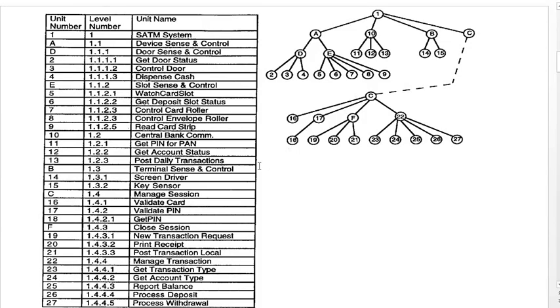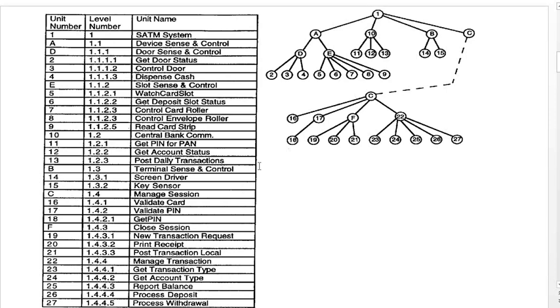In order to understand call graph based integration testing, first I am taking the SATM system, which is simple automated teller machine related functions. Here this is a partial implementation of the SATM system. This table indicates the different units and at which level we call them, and the name of the unit. Each and every unit is nothing but a function. The tree structure of the SATM system is a subdivision or decomposition of the SATM system.